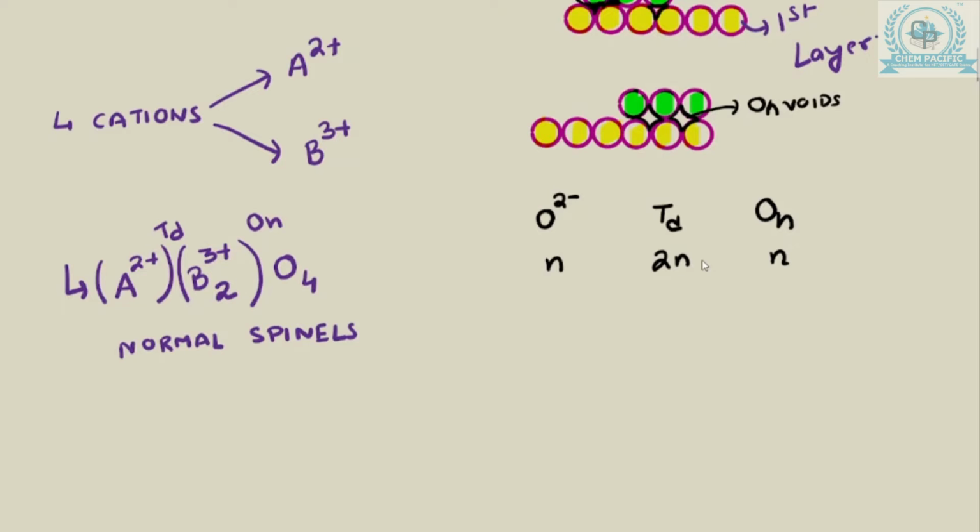So what did I mention to you? I mentioned that A, which has an oxidation state of +2, is occupying 1/8 of the tetrahedral voids, and B, which has an oxidation state of +3, is occupying half of the octahedral voids. Clear? Now if you solve this, step 1 is this, and in step 2 what I am doing is